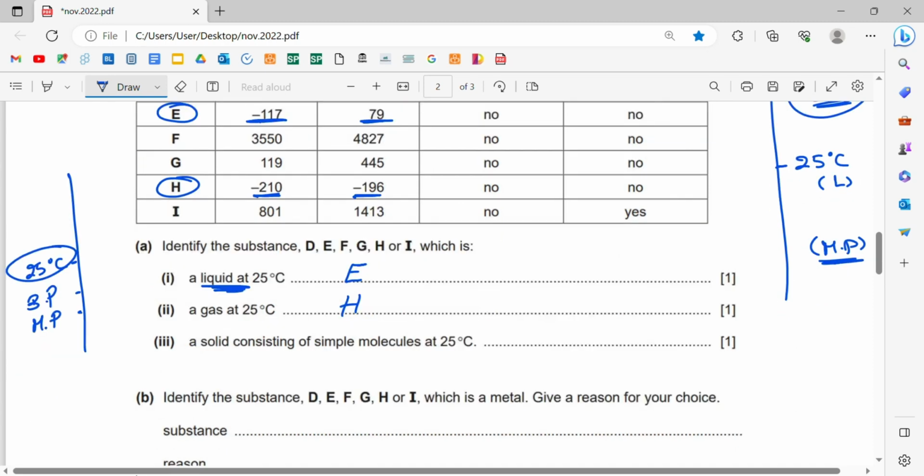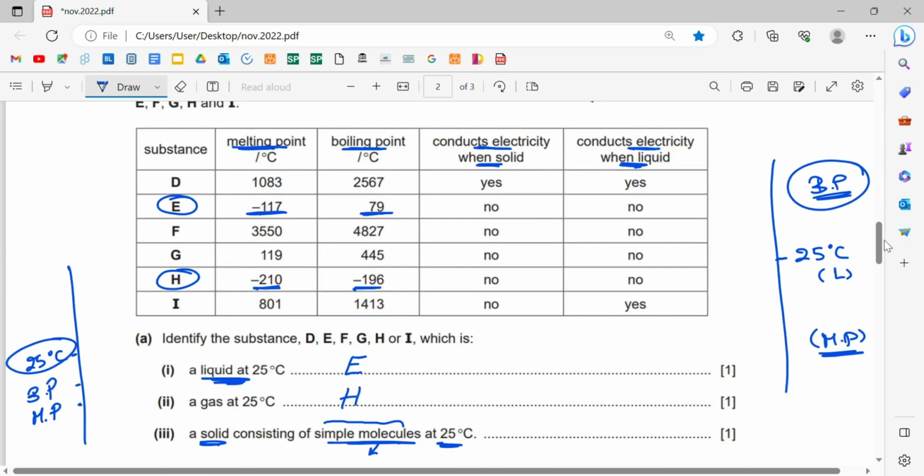A solid consisting of simple molecules at 25 degrees Celsius. So here it should be a solid at 25 degrees Celsius. At the same time, it's a simple molecule, so it is a covalent molecule. So we are dealing with a solid at 25 degrees Celsius. What does this mean? This means that the melting point and the boiling point is above 25. So which substances here have a melting point and a boiling point above 25? It could be D or F or G